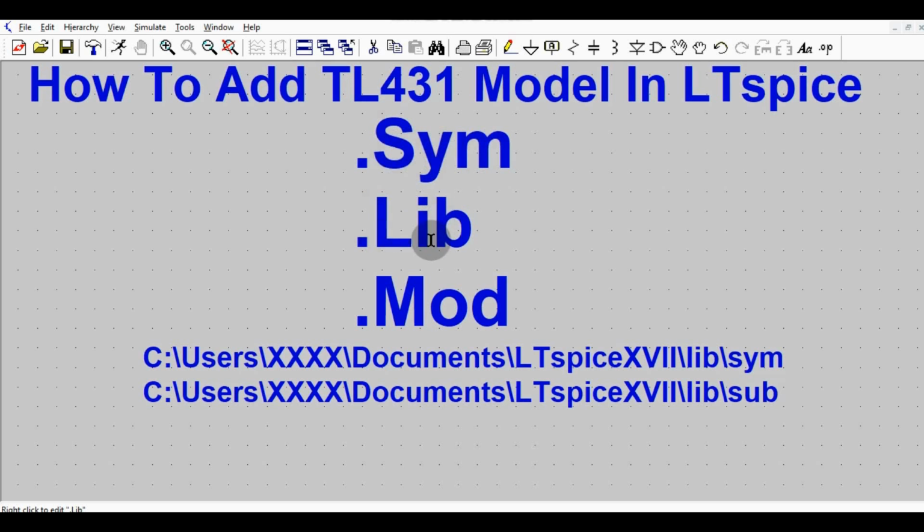This is the .lib file for library, and this is the .mod file for model. So in order to add your TL431 in your library, you need to have these three files in your hand: .sym, .lib, and .mod. If you have these files in your hand, you are able to add the TL431 in your LTSpice and you are able to simulate the TL431.